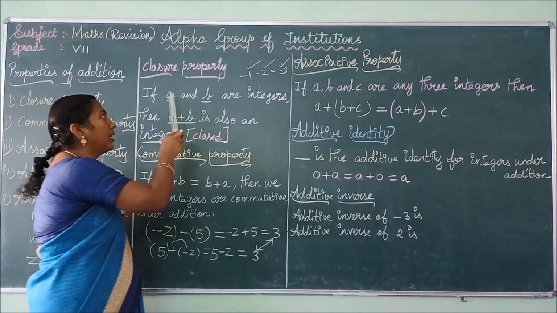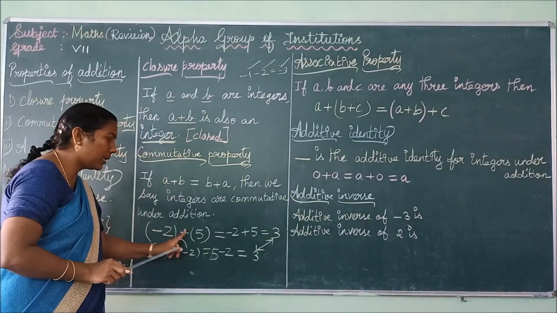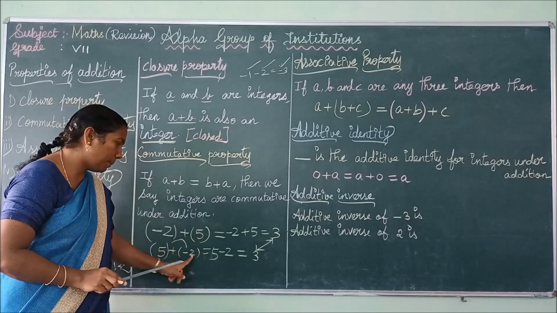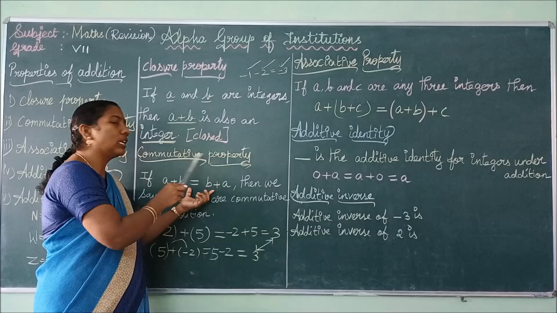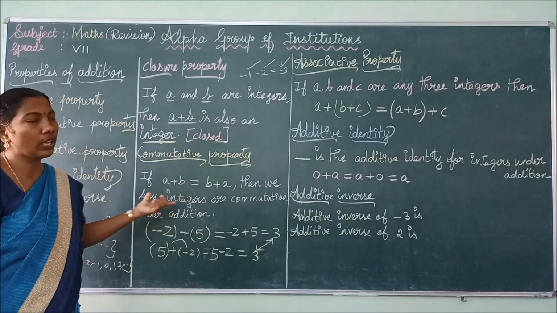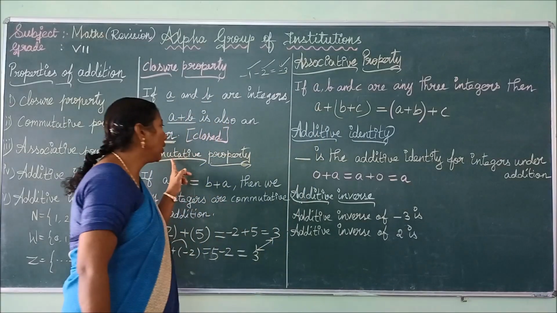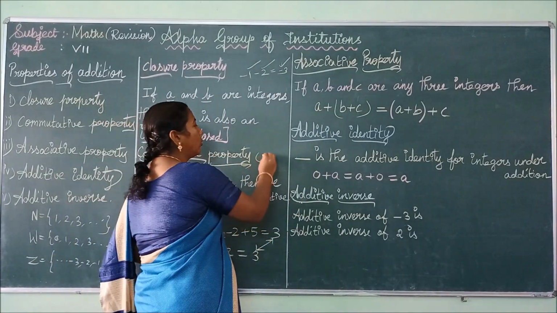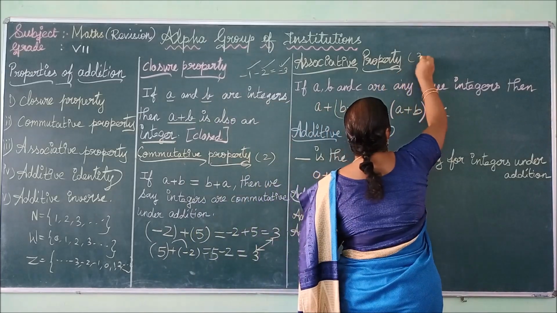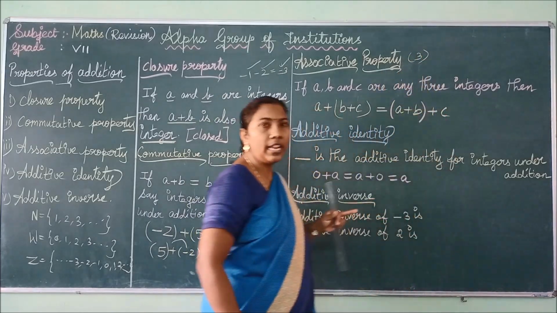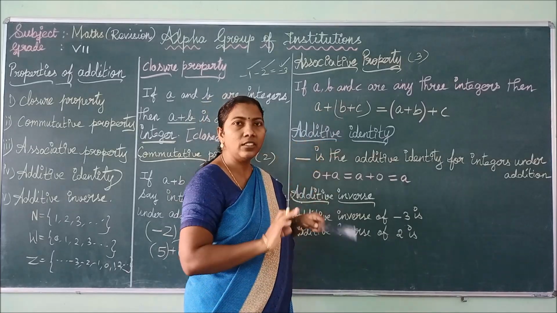That is, we are taking a and b, any two integers, and we get a plus b is equal to b plus a. So that's why we are saying integers hold the commutative property. Next we are going to see the associative property. Commutative property means you have to take two elements. Associative property means you always have to remember you have to take three elements. Thus we are taking a, b, c, any three integers.